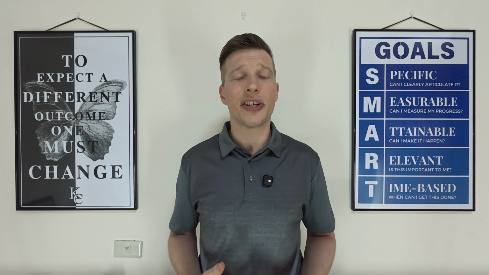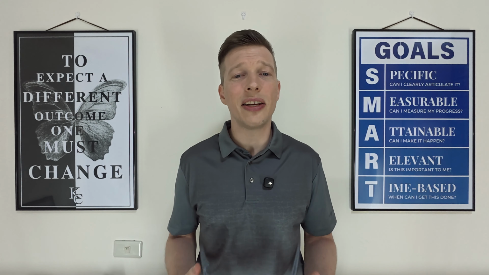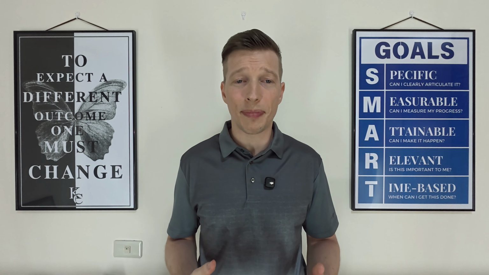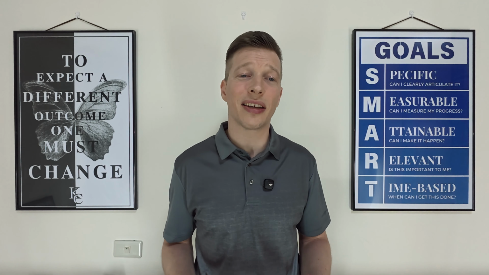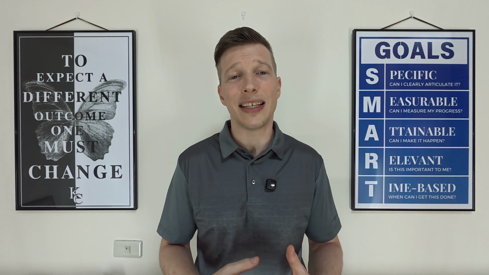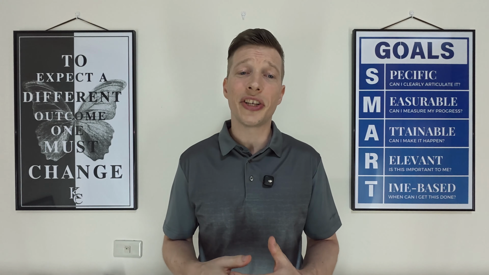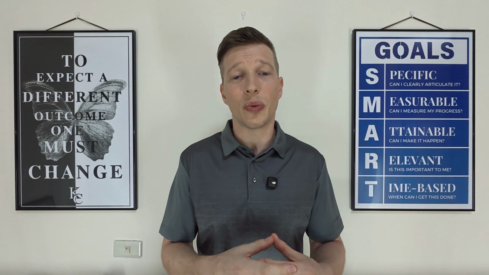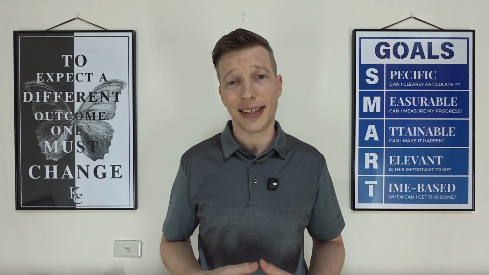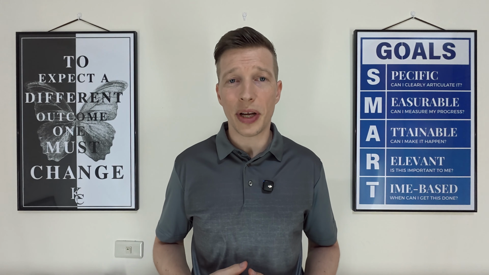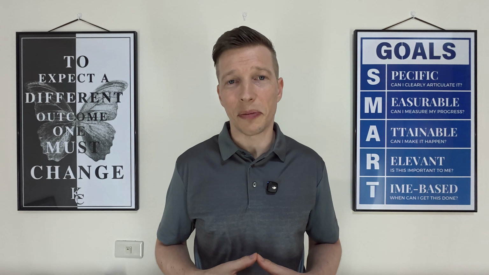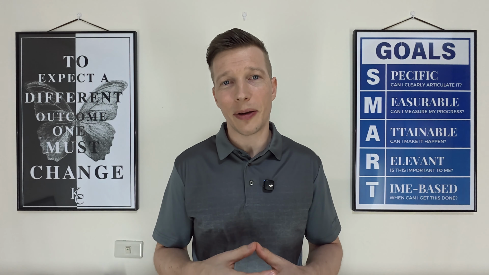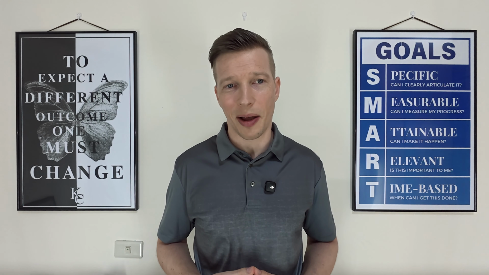He knows what kind of shape specifically, which means that he knows exactly what he needs to train. And he knows how much better shape is, so he can track his progress and know if he indeed achieved his goal. He readjusted his goal to fit the current deadline and the weekly hours that he was willing to put into it to make it attainable. He found out how many hours he was willing to commit on a weekly basis and found ways to make the gym time more fun while keeping himself accountable at the same time.